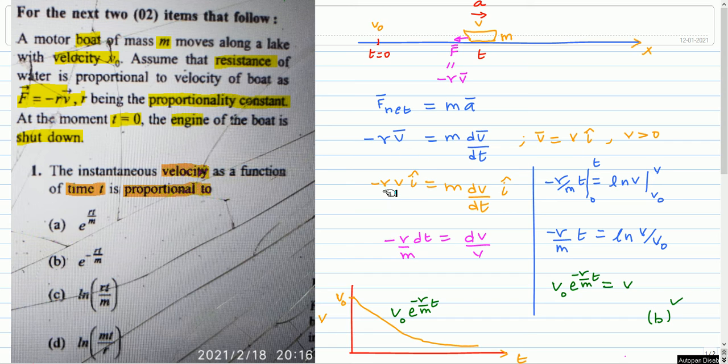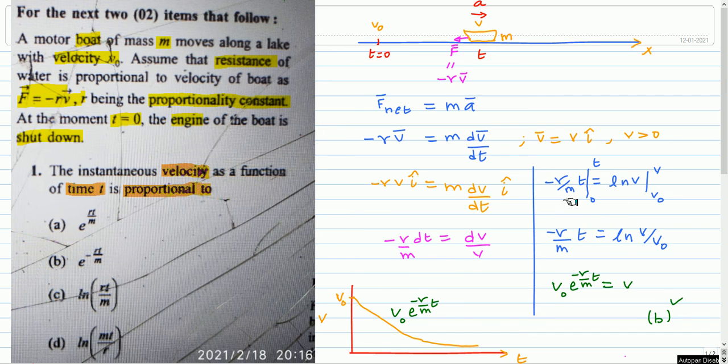So using that we get minus R into v i cap equal to m into dv by dt into i cap. From this, equating the magnitudes, we get minus R by m dt. m is taken to the left side and v to the right side, so it will become dv by v, and dt is coming to the right side. So now this is an equation which can be integrated. So integrating both the sides,